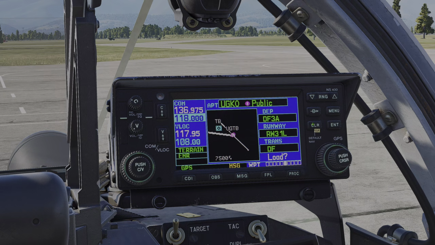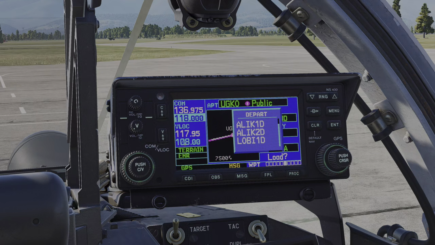So we're going to hit clear, and we're going to roll our cursor on this particular entry, and then use the outer to change to the next letter, and you'll see that immediately it actually jumped to showing Uniform Golf Kilo Oscar, which is Kutaisi. It's now showing the correct information. If I press enter, it will jump to the list of departures. This is now correct. So I'm going to use the inner rotary, and I want to fly the Nede to